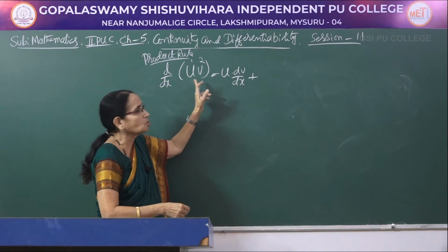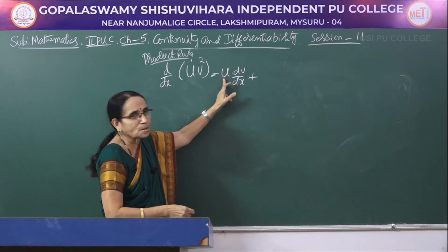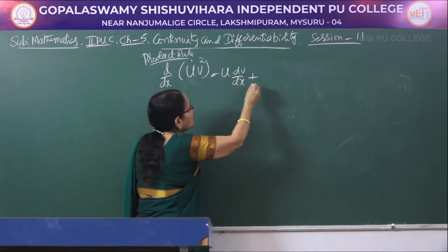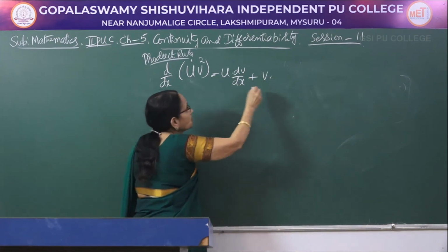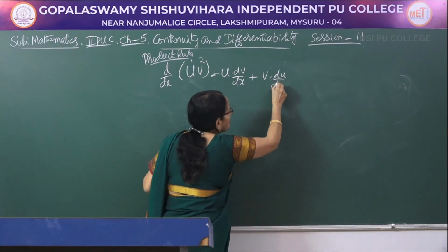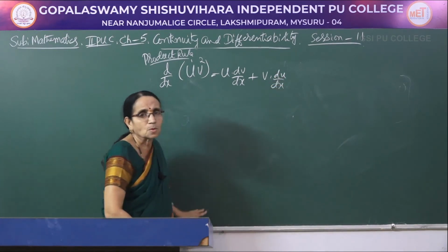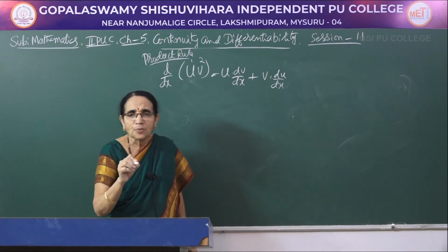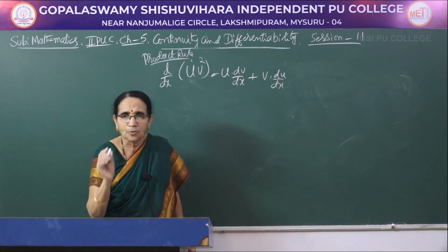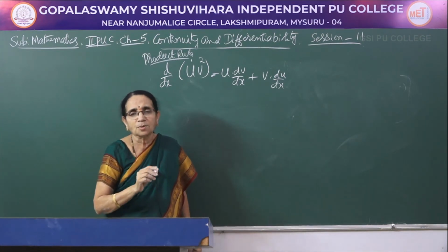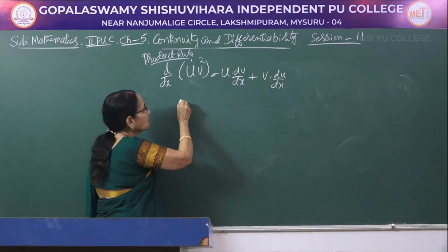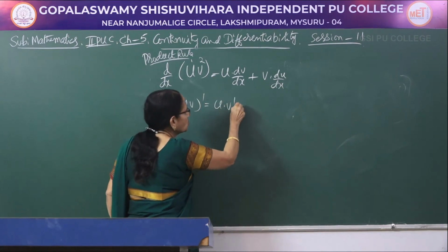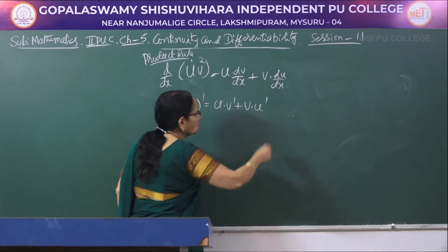Suppose I am having x into sin x, let us see. Keep x as it is, differentiate sin x, plus second function v into differentiate the first one, that is du by dx. So, first function into the derivative of the second plus second function into the derivative of the first. This is known as the product rule, or if you use that notation, uv whole dash equals u into v dash plus v into u dash.